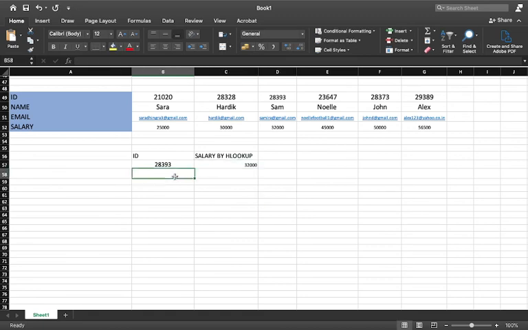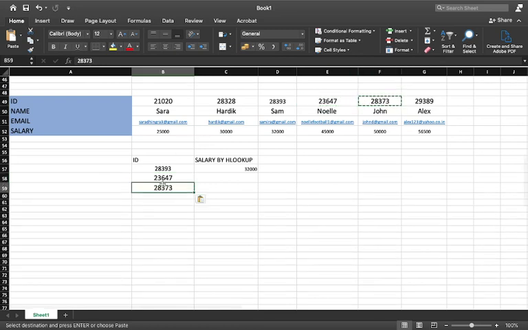Similarly you can use them for other IDs also. For example, I need to find salaries for these particular columns. All I need to do is just drag this.